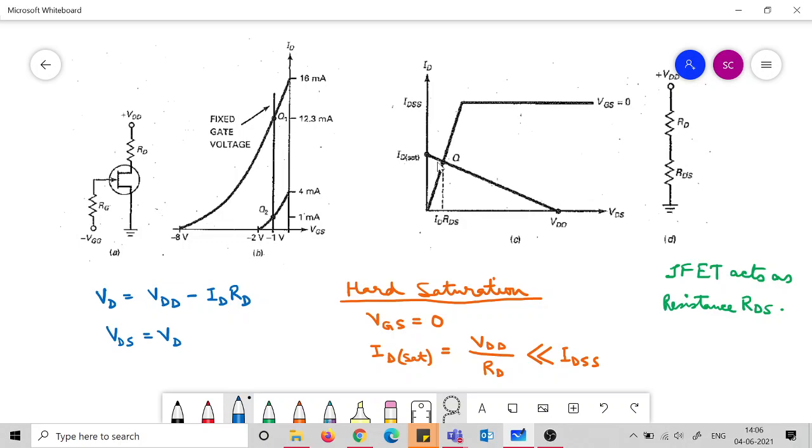So this is the current when VGS equals 0, and when we are going for cutoff, the cutoff will happen when we have made VGS less than minus V pinch-off, that is, the VGS cutoff voltage. So VGS has to be less than that. When we give such a negative gate source voltage, we will be able to establish that. That is being controlled by this VGG voltage here, as you can see.